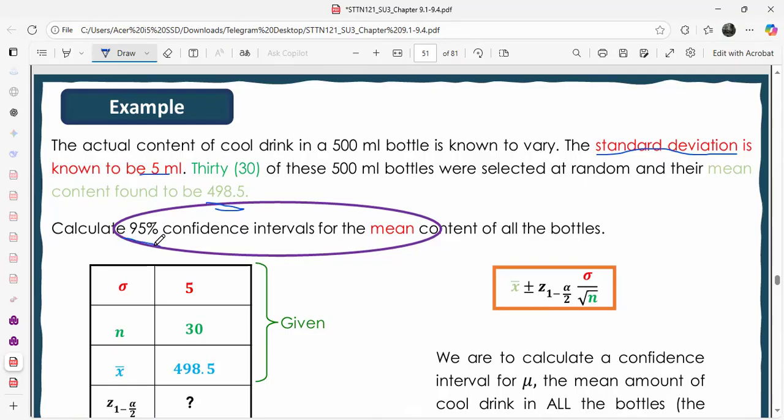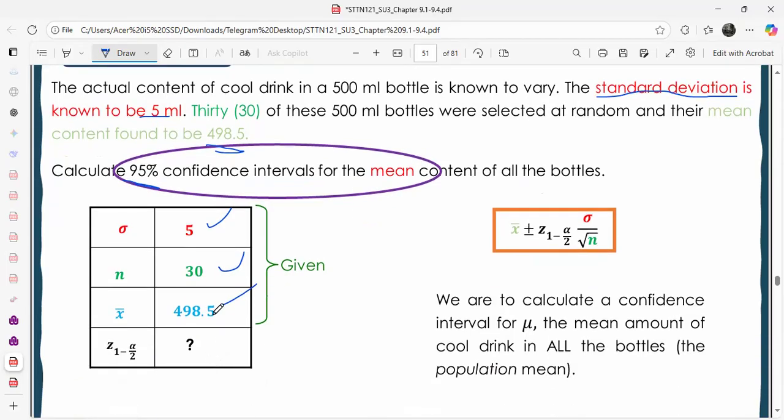So they say you must calculate 95%. Let's look at what the standard deviation is there. It's 5. And what is n? They said 30 of these, so n is 30. The x bar is 498.5. But let's check. The question is, do we know